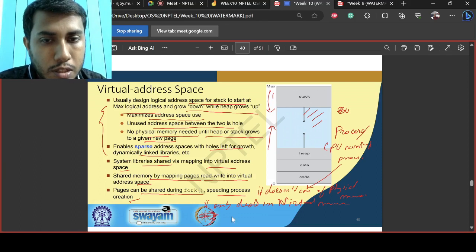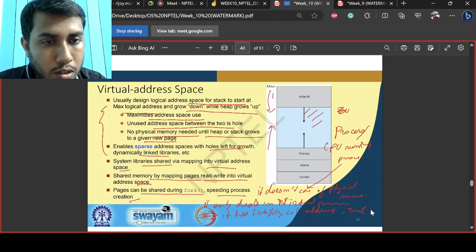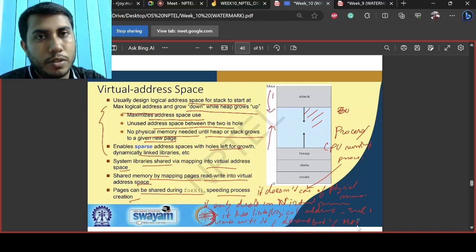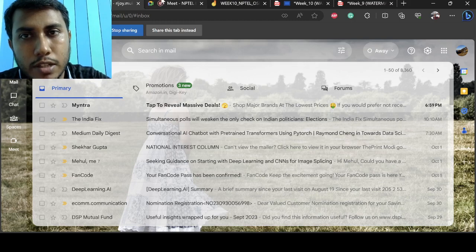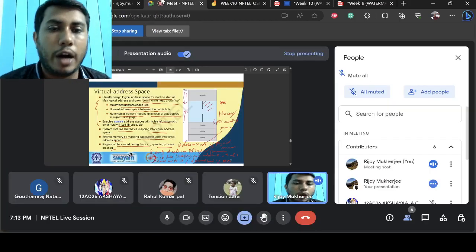It has a list of logical addresses and works with it, and does not bother about main memory. So this works seamlessly in such a way that your CPU doesn't have to understand, okay,